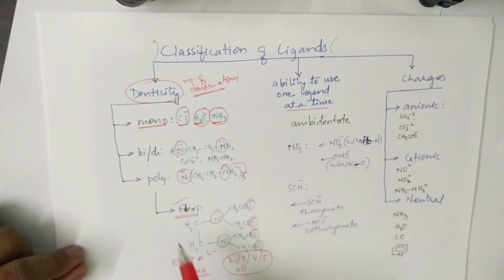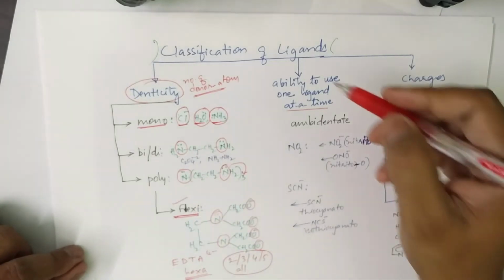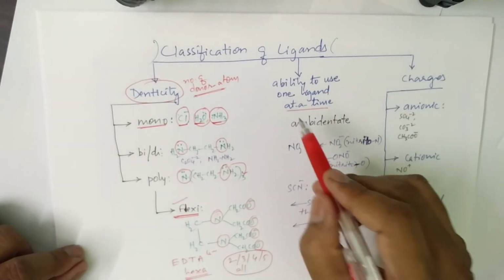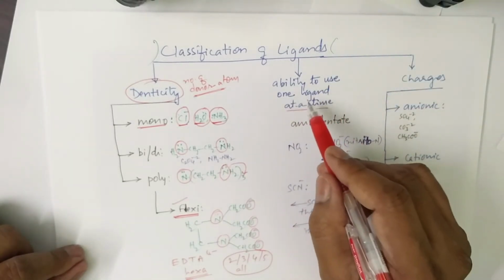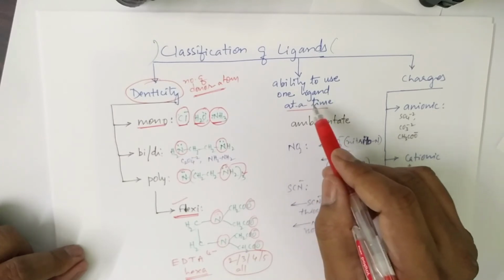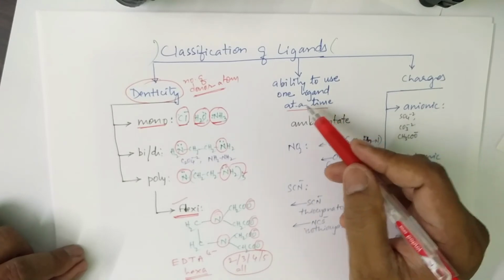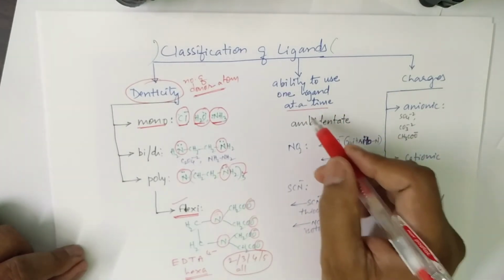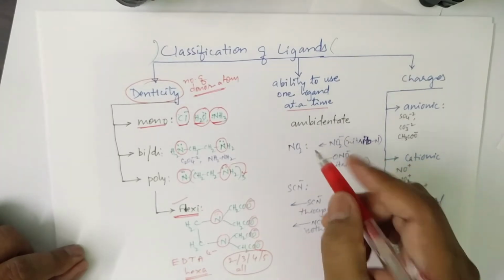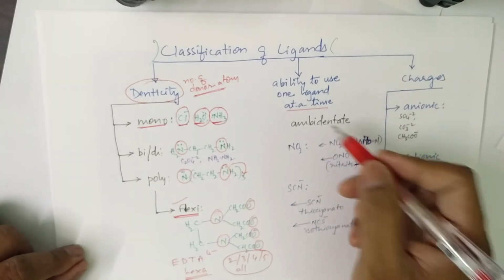That means for a ligand to be flexible, it should be a polydentate ligand. More precisely, you should have more than 3 donor atoms. Okay, there is a second type of classification. This classification is based on the ability of the ligand to use one donor atom at a time. It simply means that a ligand should have more than one donor atom and can utilize only one at a time. For example,